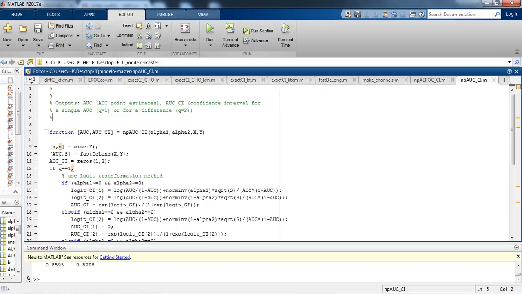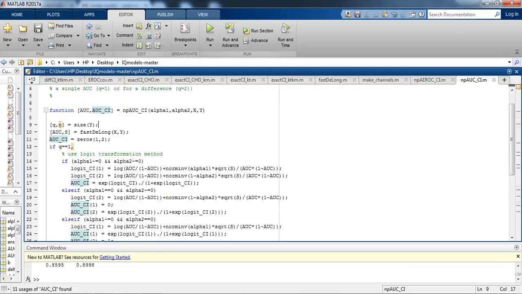In this file, we are giving the inputs as alpha 1, alpha 2, x, y. But in this file, we have to note one most important thing, that the matrix which we implement is for a 1-by-2 matrix only, that is, the number of fixed imaging scenarios or readers. And in this file, we will be getting output in AUC and AUC-CI, that is basically the interval estimates for the difference of performance of the second scenario minus the first. Okay, now let's understand